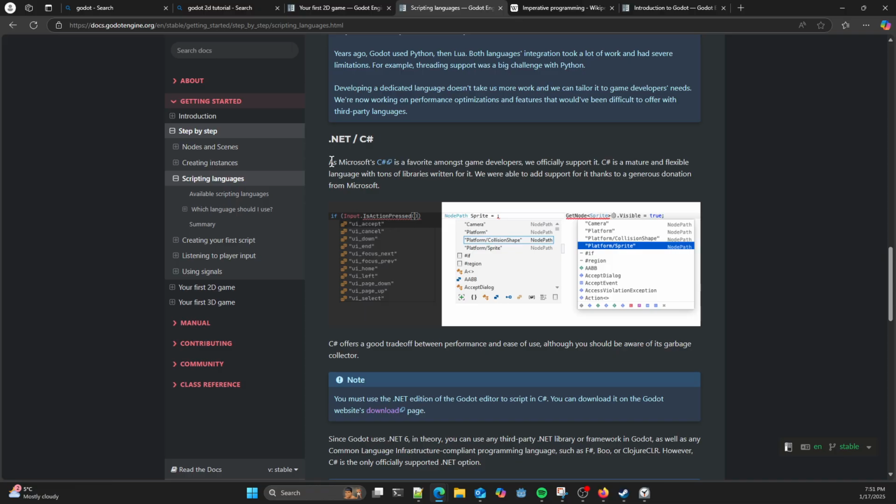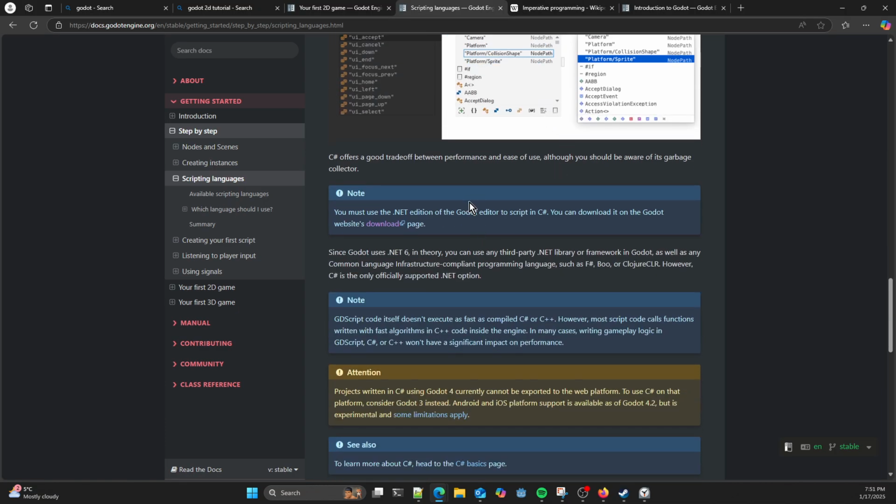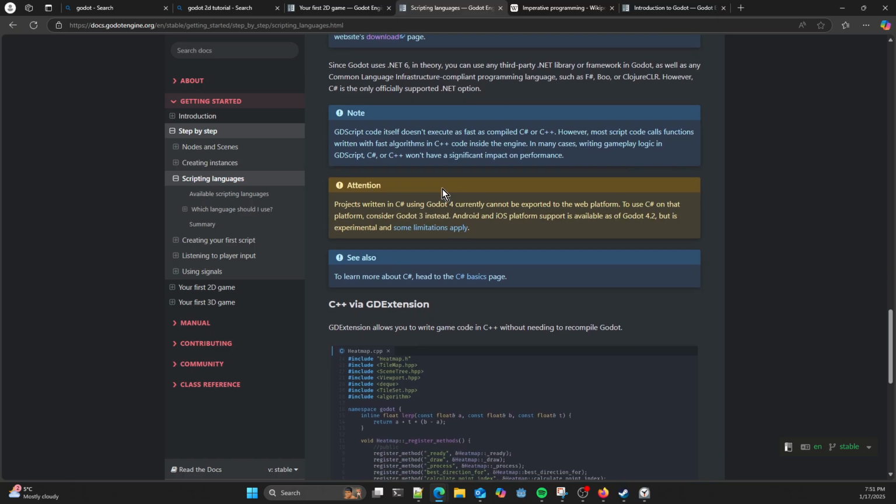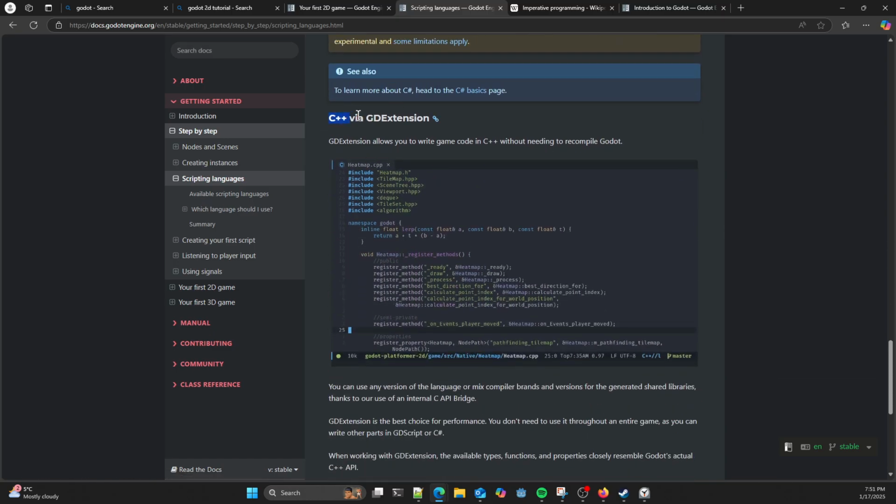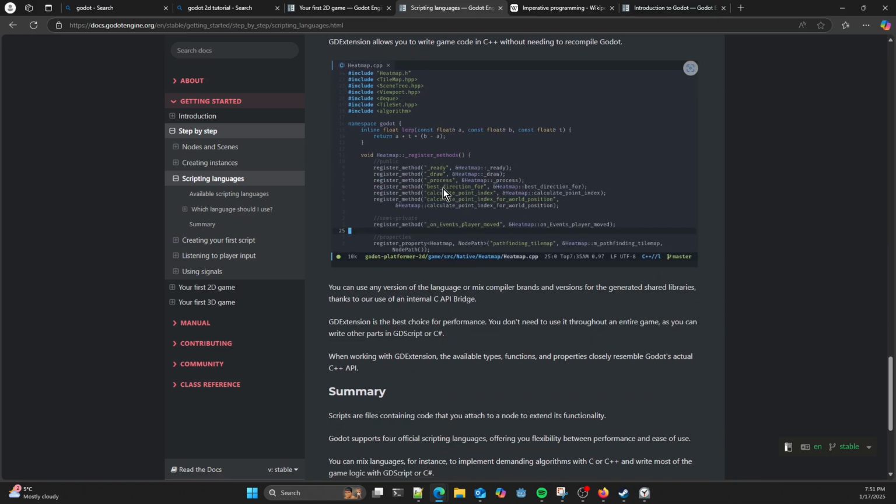Anyway, okay, so you can also use C#.NET. I'm not going to go too much into that at the moment, because I'm not going to be worrying about it, but it can be doable. You can also use C++ by GDExtension. I know a bit about that in terms of how to integrate it. I've been looking at it a little bit, but I need to expand on that further. I'm not going to go too much into it right now.